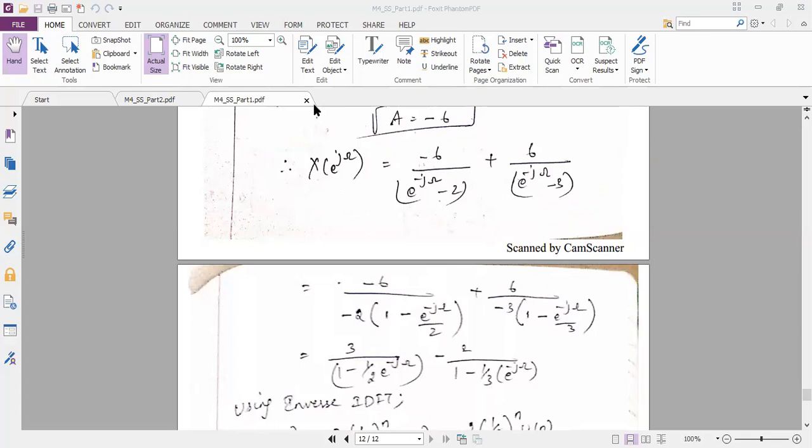Once you get it, listen, we have a direct formula if the denominator is in proper format. So I'm trying to convert the denominator into 1 minus e power format. My denominator is not in the form of 1 minus. I have some junk here. Here I have 2, here I have 3. In order to get the 1 minus format, my 1 should not have a minus sign. My 1 should be with a plus sign. So what I should do is make minus 2 outside from the first denominator. Am I clear with you?